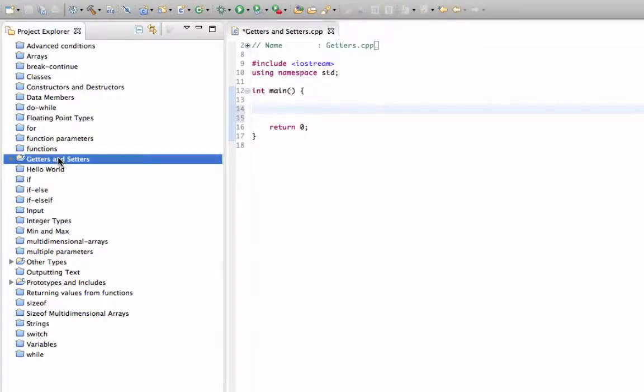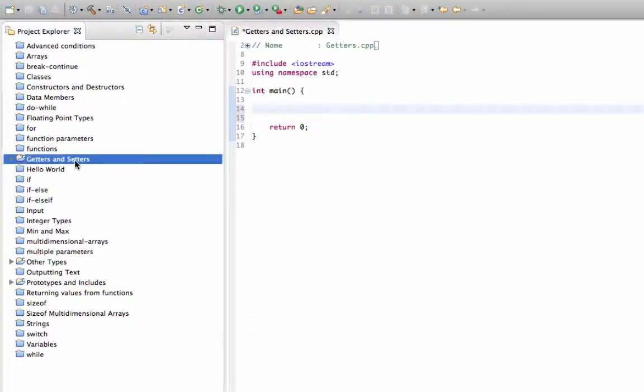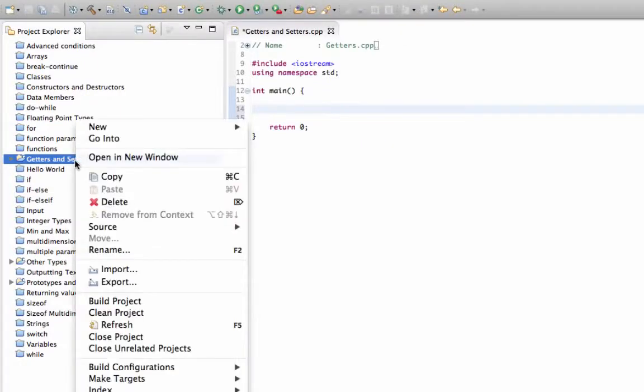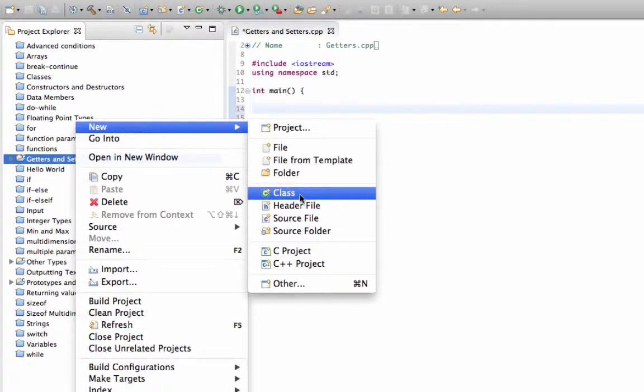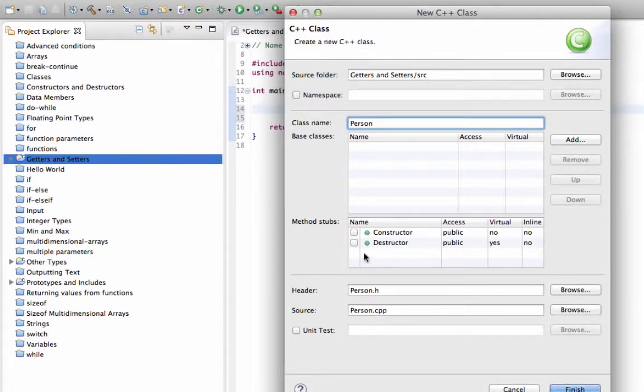Getters and setters are just methods for getting and setting values in a class, for getting and setting instance variables. Let's take a look at that. So I've got this basic project I've created. I'm going to right click it and go to new C++ class, and let's give this a name. I'll call it Person. I won't put it in a namespace, and I'm going to tick to say that I want a constructor, and let's have just the constructor actually, because we don't really need the destructor,